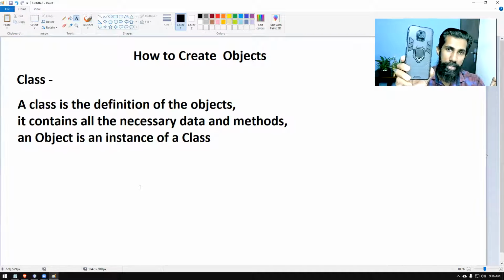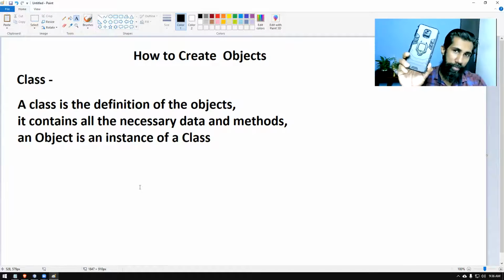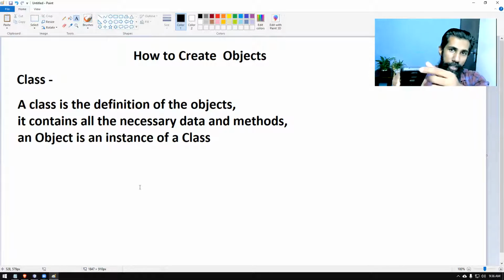So in order to create this one, the company manufactures using a common thing. The company decides what type of battery should go here, what type of camera, what type of processor, how much RAM we have to put there, what type of glass in the front, what type of glass or cover at the back, what type of charging port, whether the usual USB port or a C-type USB port, and what other ports are going to come here, the volume rockers and all. Everything the company will decide.